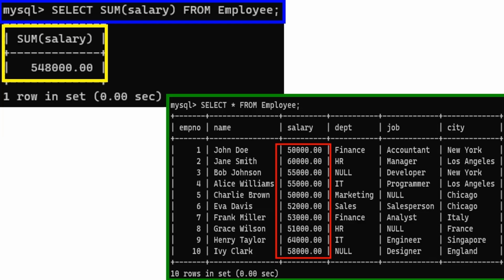Let's see an example. Now, we use the sum function to find the total value of 10 records from the column salary. Look at the blue box. We type the statement: select sum(salary) from employee;